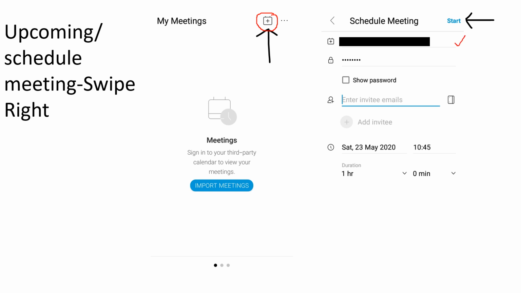Enter your email address, password, the date on which you want to schedule the meeting, the time, and the duration for which you want to hold the meeting. And you can also put in the email addresses of the participants over here if you want to invite someone to your meeting.